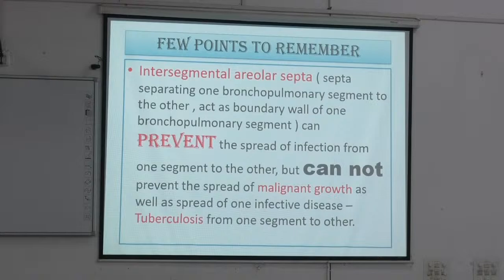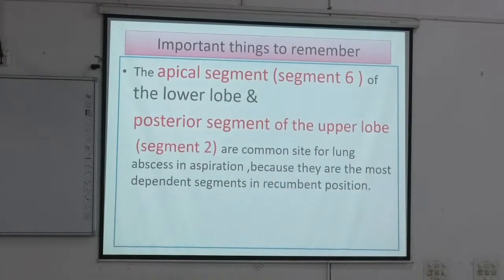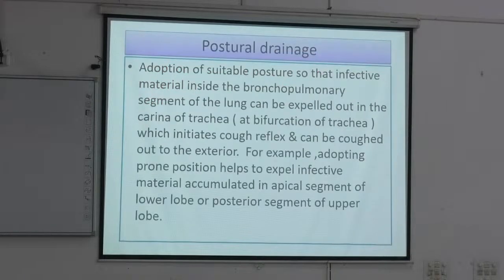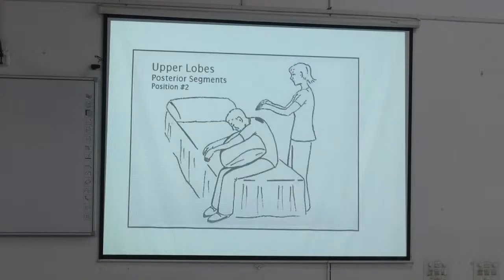Tuberculosis হলে কিন্তু whole lungs involved হয়ে যায়। এগুলির আমি একটা শেয়ার করে দেব তোমাদের, এত বললে আমার টাইম ক্লাস শেষ হয়ে যাবে, প্রচুর লেখা আছে, সব বলবো না, তাহলে পরীক্ষায় দেওয়া যাবে না। এই যে পস্টারাল ড্রেনেজ হচ্ছে, এবার দেখো পস্টেরিয়র সেগমেন্ট এফেক্টেড হয়েছে আপার লোব, তাকে ড্রেনেজ দেওয়া কি করে হচ্ছে? এই পজিশনে